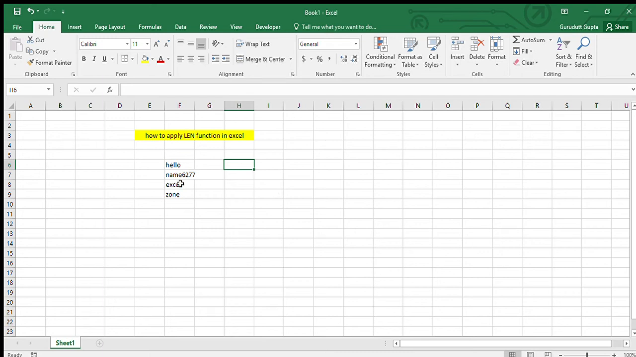Today I'll be teaching you how to apply LEN function in Excel. So LEN functions basically counts the number of digits and letters present in a number. So to apply LEN function, we will, the formula is equal to LEN